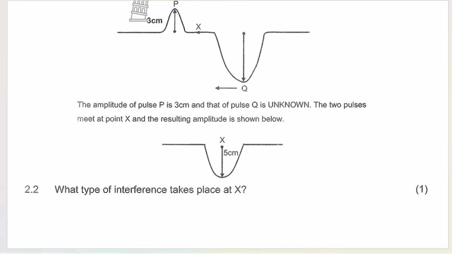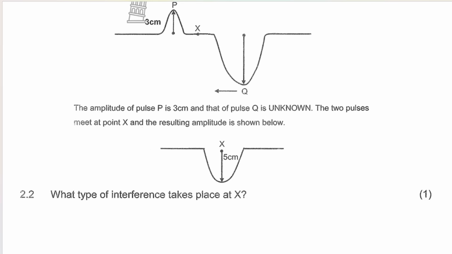Next question. What type of interference takes place at X? Now you need to know that there are 2 different types of interference: constructive interference and destructive interference. I do have a video on this, I'll link it in the description box below. But we can see that P had an amplitude of 3 going upwards. Q had quite a big amplitude of unknown value going downwards. But ultimately, the amplitude was going downwards, but less of. This had a little crest, this had quite a big trough, and this has an intermediate sized trough. What type of interference is that? It's